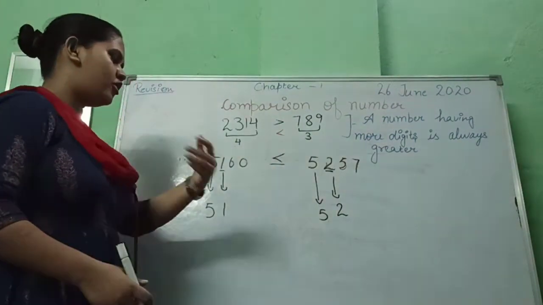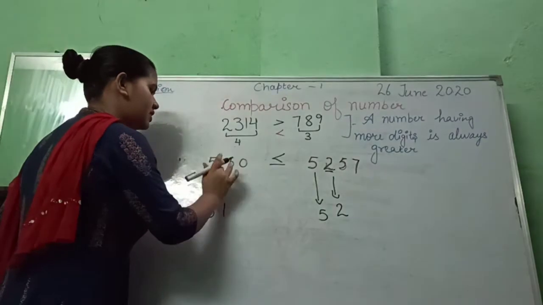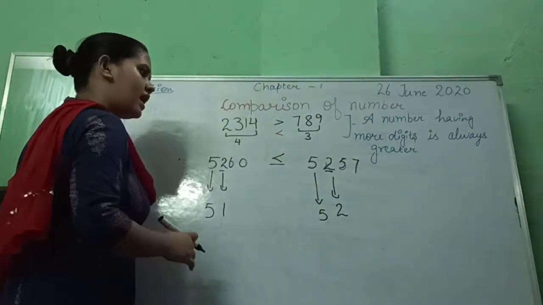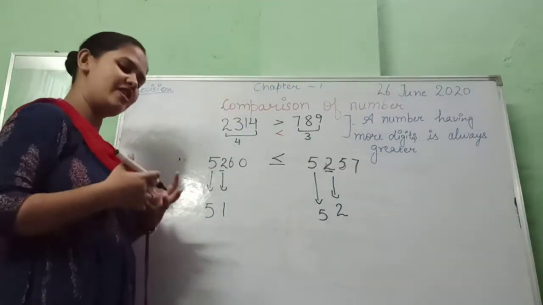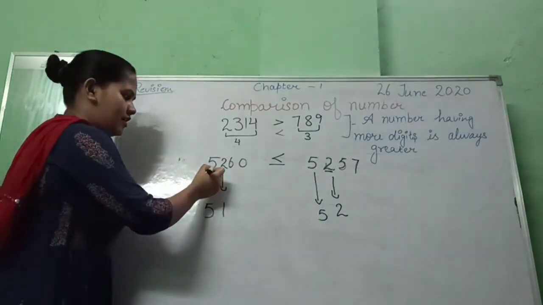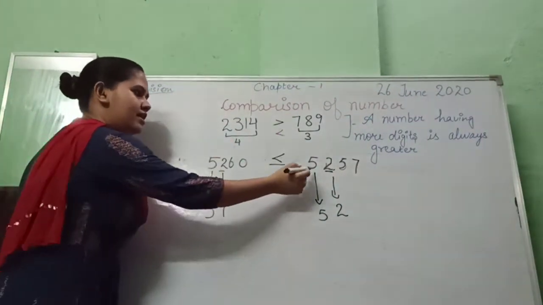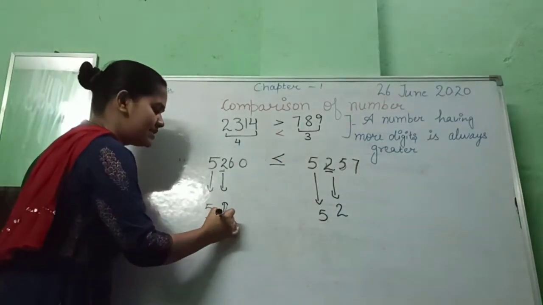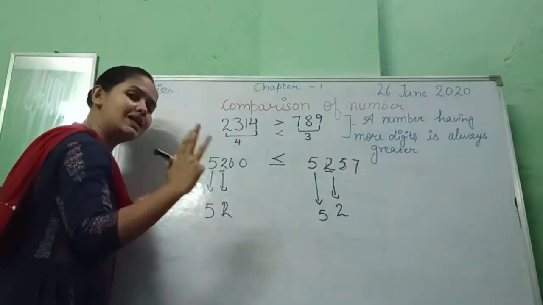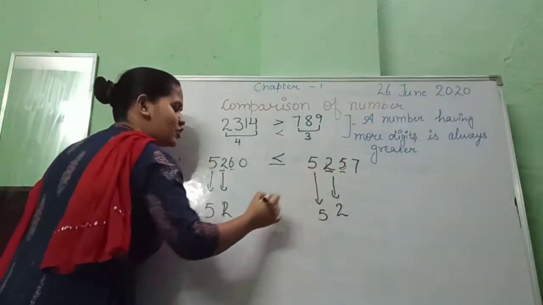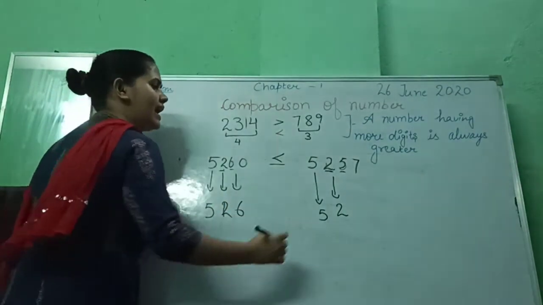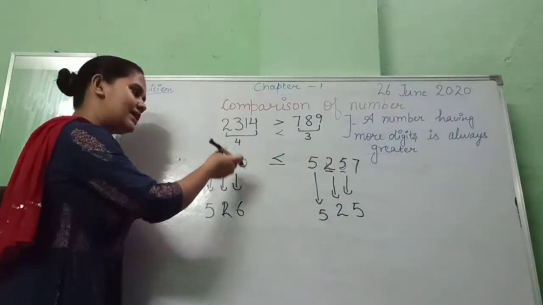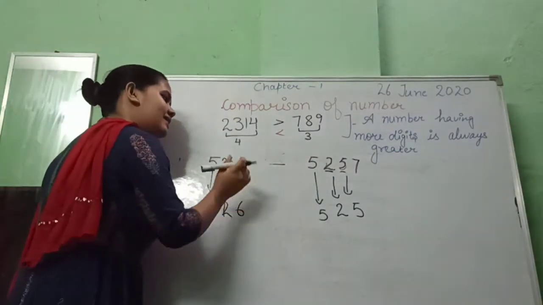So, for example, suppose there is 2 and in the second number there is also 2. Now what do we have to do? We will compare again. Like 1000 to 1000, 5 is here, 5 is the same. Now the hundreds digit is 2 and there is also 2. These are all the same. Now we will compare the third digit. So you can see here there is 6 and there is 5. Now we can compare by the third digit. Which one is bigger? The first one is bigger.